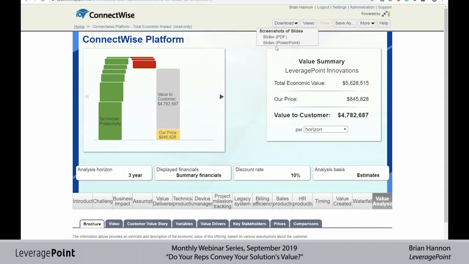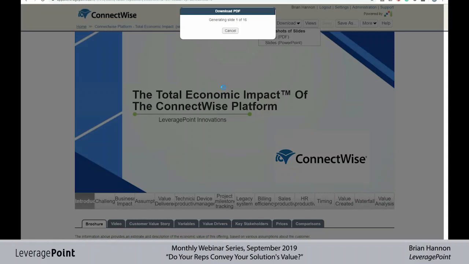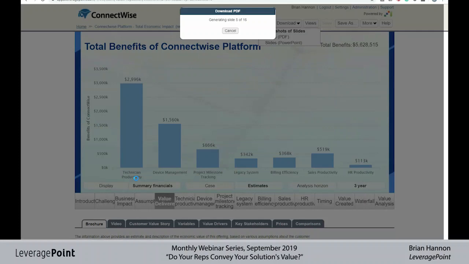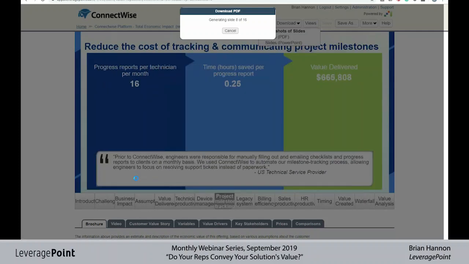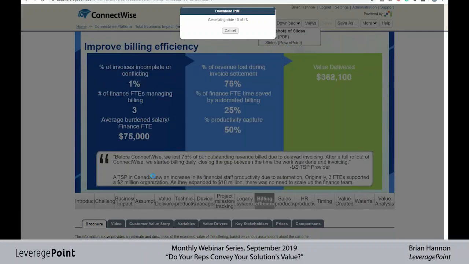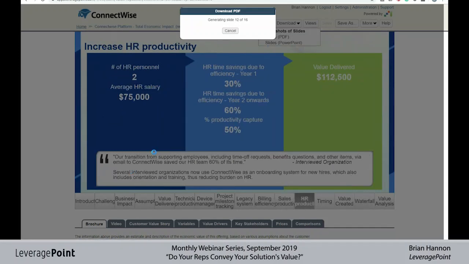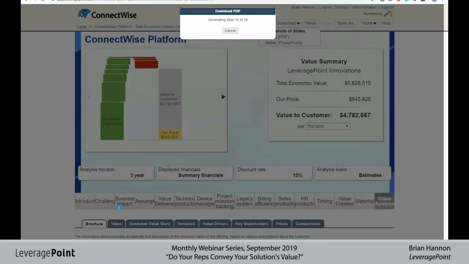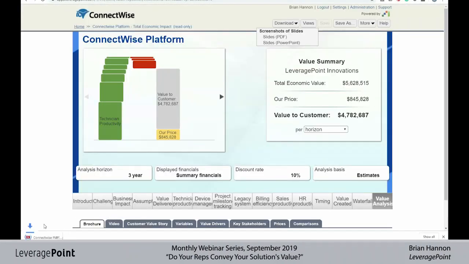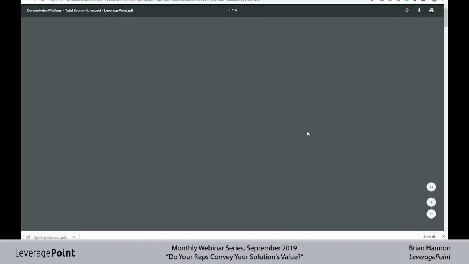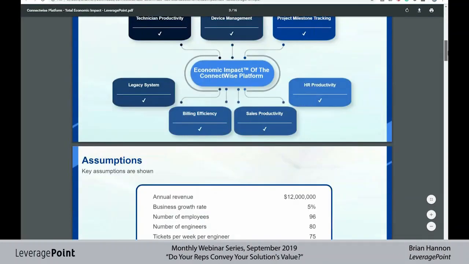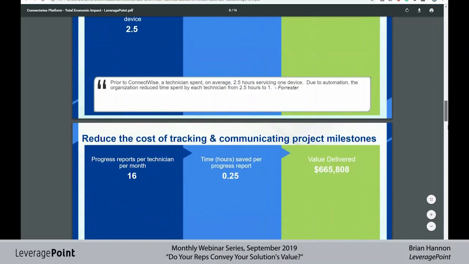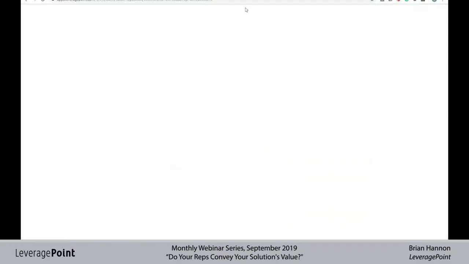So if I export it to a PDF or PowerPoint, this will essentially take screenshots of the ConnectWise value proposition, and I can then send this off to my champion or my internal proponent, and they can then hopefully send this along to their management or to an executive who wants to see a lot of this math and the numbers done for them. And so if I open this up here, I get to see essentially everything we went through, but all the changes that we made are incorporated into here as well. So that's about it, and I know I'm